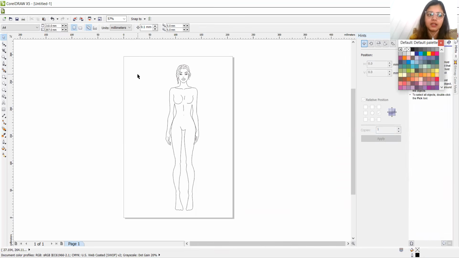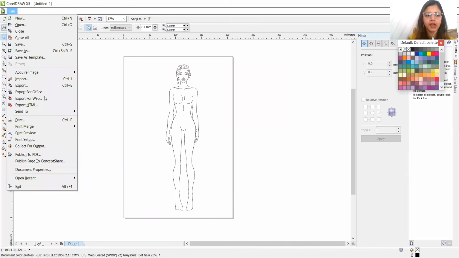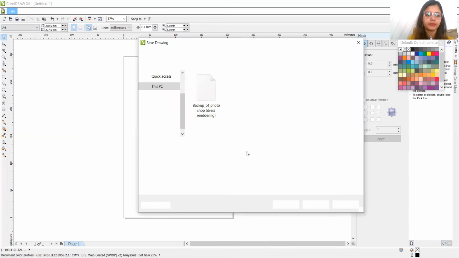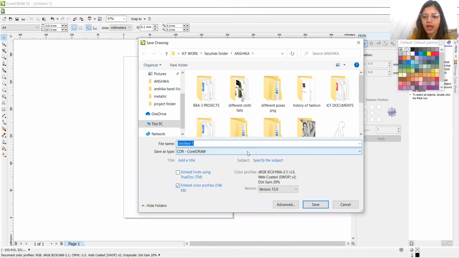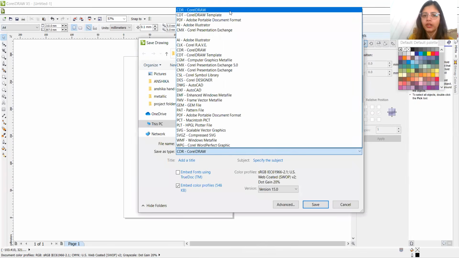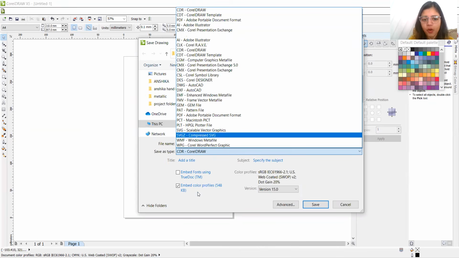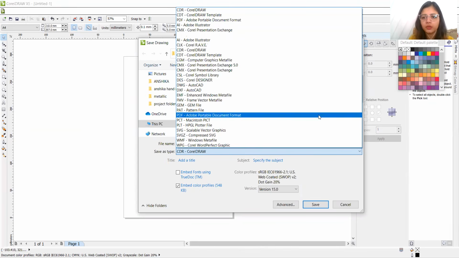Also, once it is done, go to File, go to Save As. Here you can see some options. If you want to save it as a CorelDRAW file, save that. If you want to save it in JPG format, you can do that too.